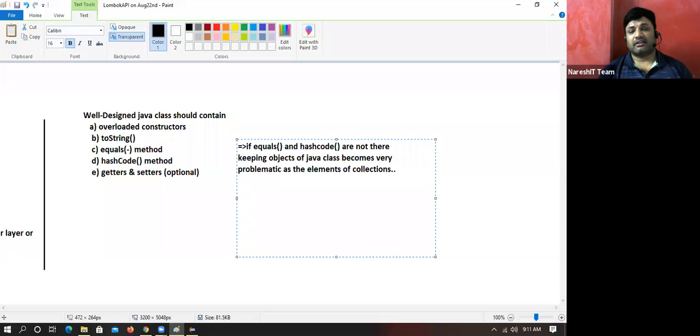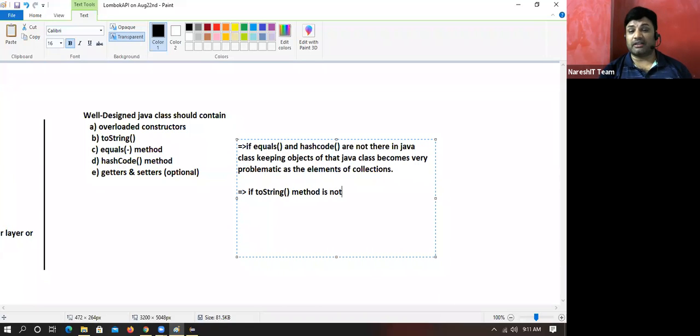Come on, guys. If equals and hashCode methods are not there in a Java class, keeping objects of that Java class becomes very problematic as the elements of collections. Right. If toString method is not there,